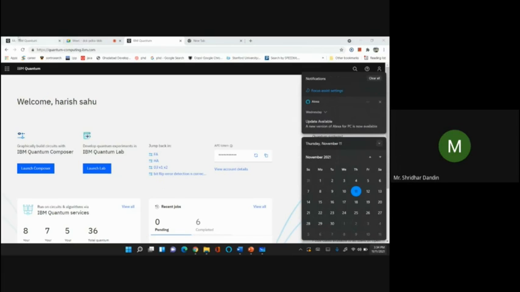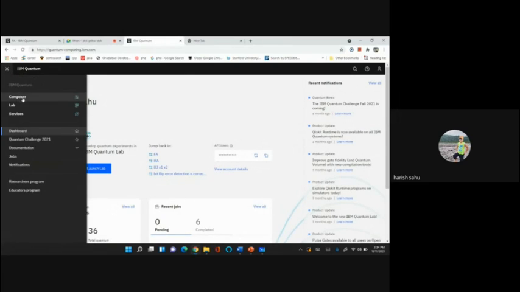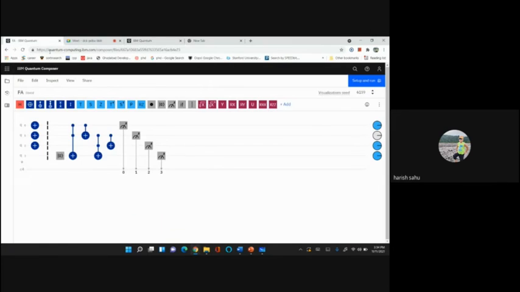Yeah. Once you log in, you will have this kind of interface. Here this option comes, Composer. You need to go there. Once you go there, you will have this kind of interface. This is basically Quantum Composer. Like in music we have 7 basic sounds and using those sounds you can create any music, here also with Composer you have these basic quantum gates, and using these basic quantum gates you can implement any big circuit or any algorithm or any application.